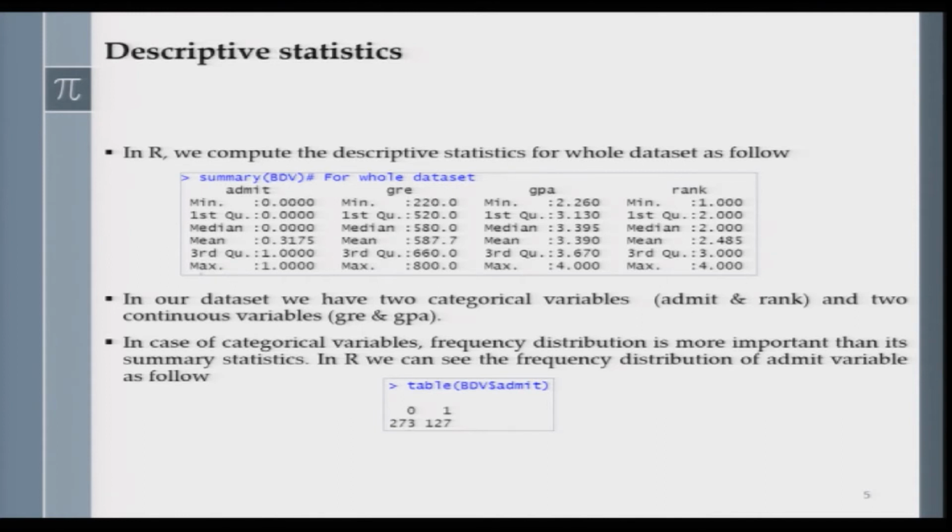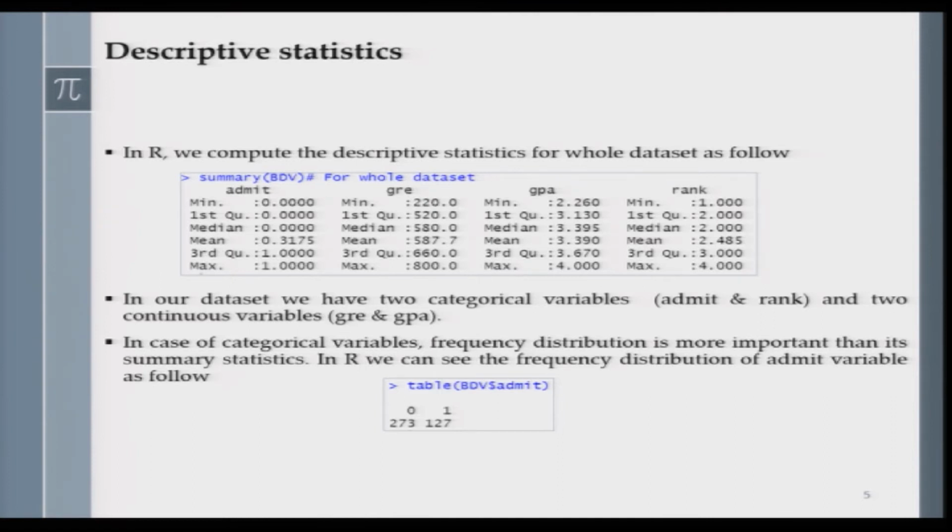But we have two categorical variables in our data set, admit and rank, and it is not a very good idea to look at discrete variables through the median and quartiles, because they are not continuous. But let us have a look at the admit variable, the one that we are going to model.